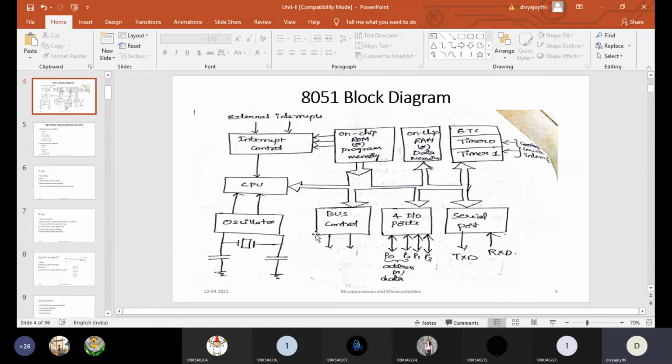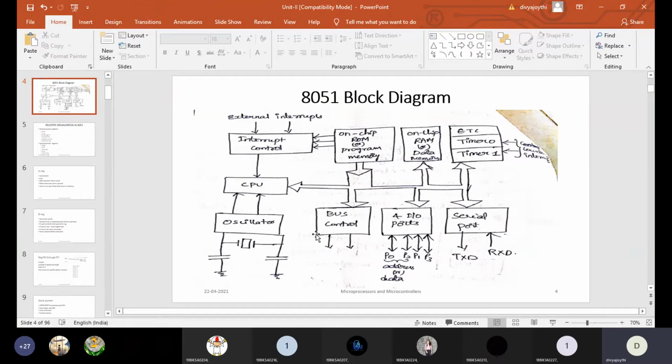If the processor wants to communicate with any other device, then it will release the data bus. Communicating with any other device means it wants to send some data to the other device. In that particular scenario, it need not release the control bus or the address bus, but it has to release the data bus, because the processor wants to send data to the external device or internal device. Say for example, if any other device wants to communicate with the processor, then in that scenario it has to release two buses: one is the address bus and another one is the data bus.